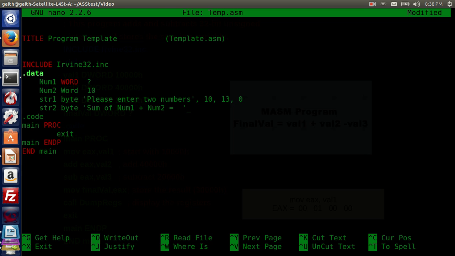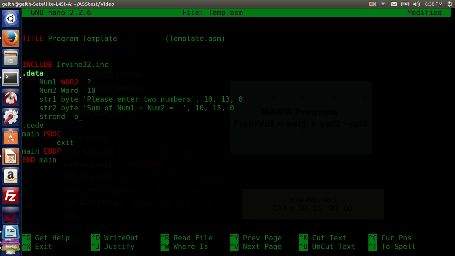Okay, let's put a space here, and 10, 13, and 0,